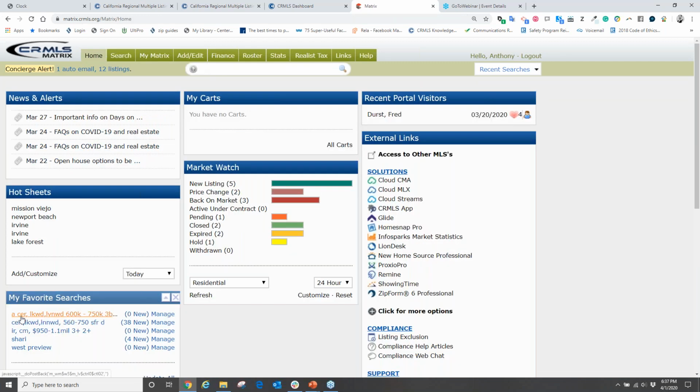Now, the reason why the newest search, the active Cerritos, Lakewood, Linwood, 650 or 600 to 750, has no new properties is that I just recently created it. So since the time I just created it to now, there have been no new homes. So from here,